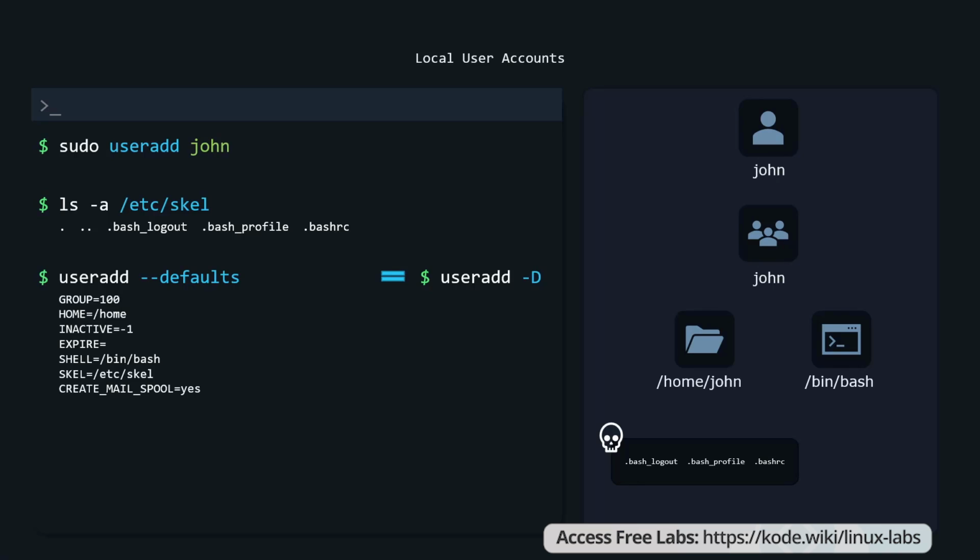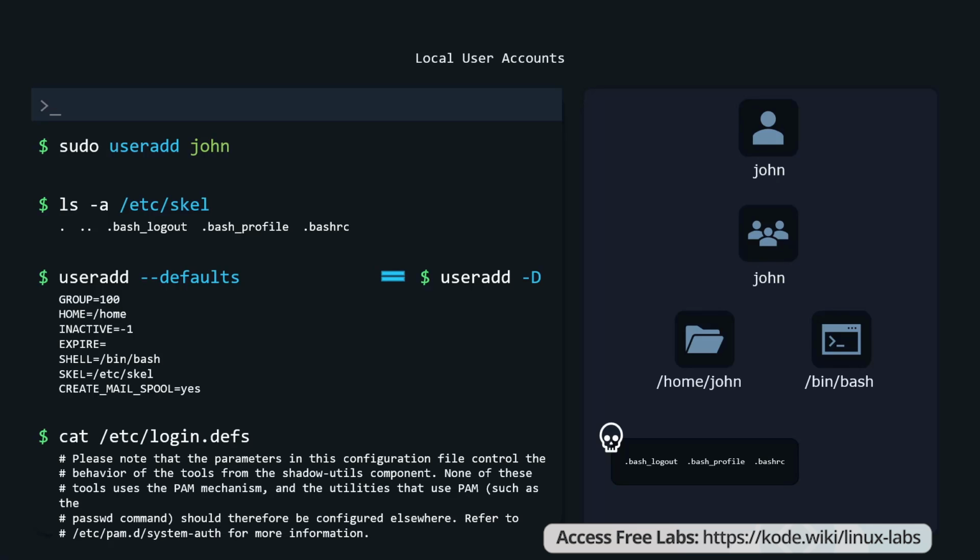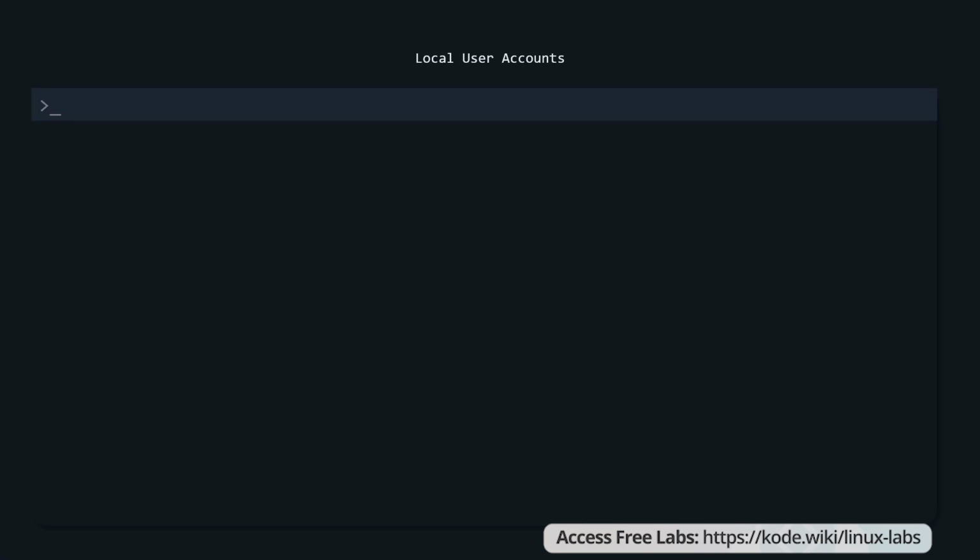A long form and a short form. Note the capital D for the short form. Other defaults related to account creation can be seen by exploring this file. The comments explain what each setting does. Okay,